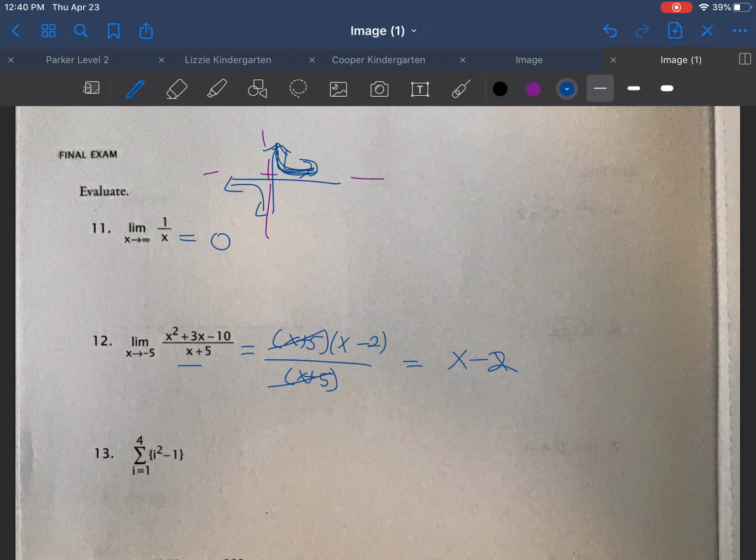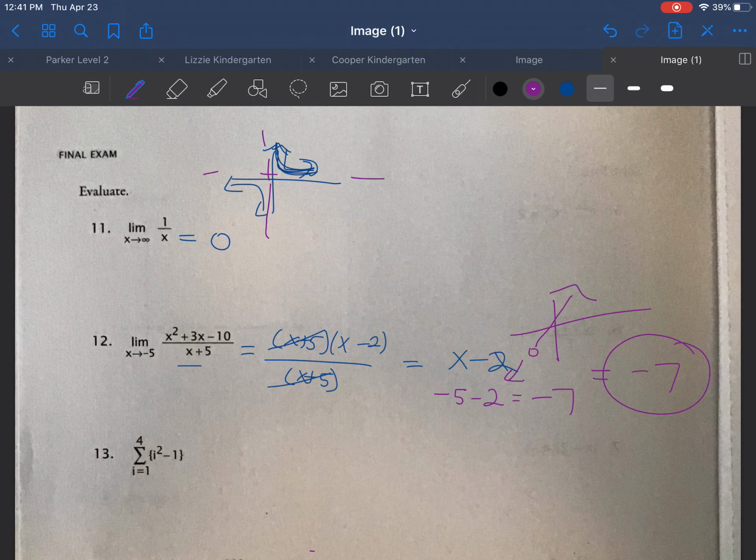So we can go ahead and find the limit where x is equal to -5. So -5 minus 2 gives me -7. So the limit of this function is equal to -7. That tells us that in a graph down here at -5, -7, we would have a hole. Okay, but the graph is approaching a y value of -7 there. On 13,